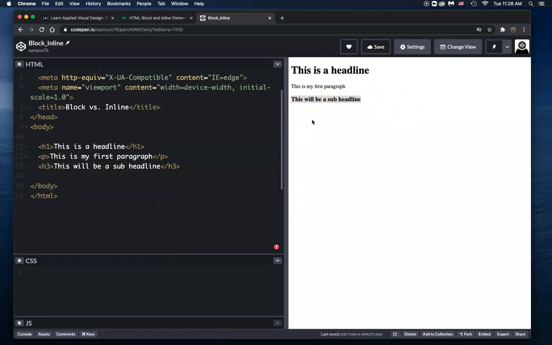So any content that comes after the H3, even if I put in just random text like that, it'll show up below this subheadline. Okay, so even if it's not in paragraph tags, it'll still show up below because this H3 is a block element and is pushing it down below. One thing that I can prove